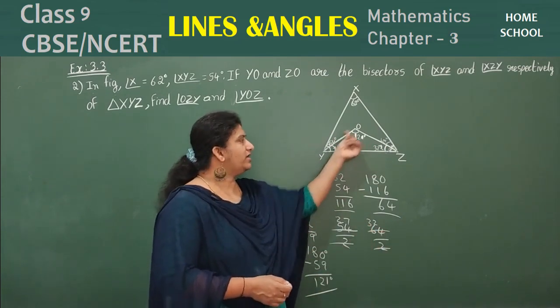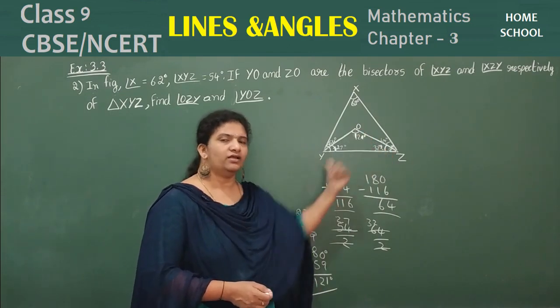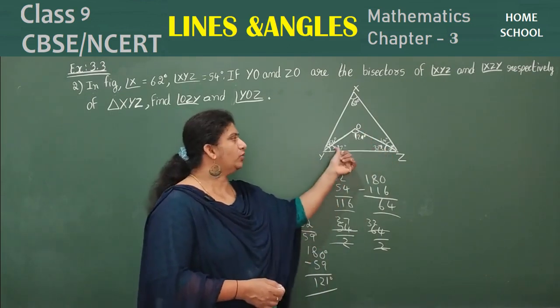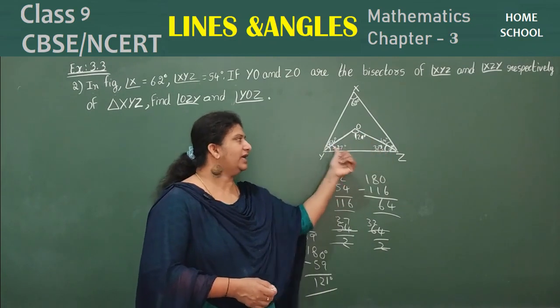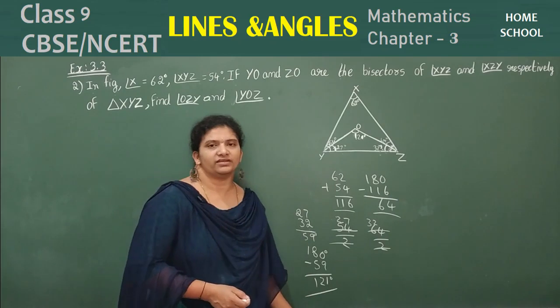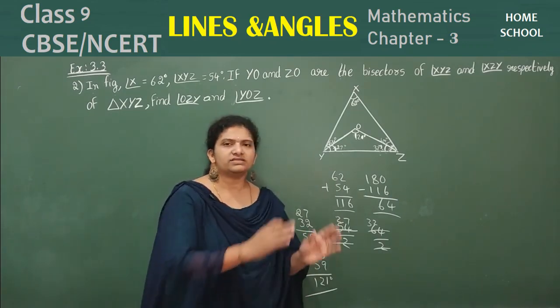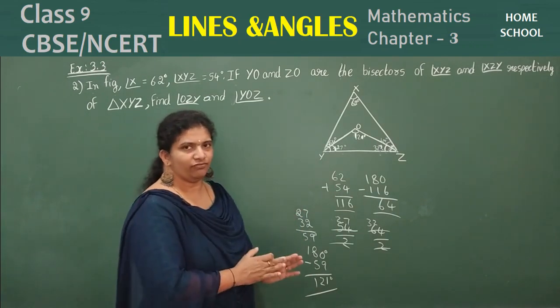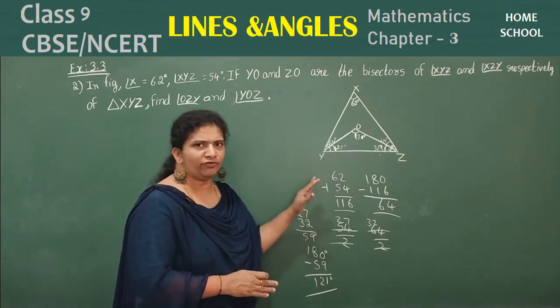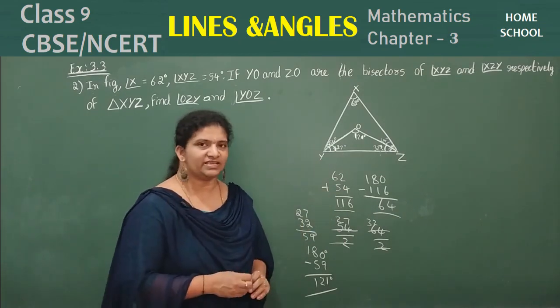So you know in a small triangle, two angles you know. What is your third angle? In 180, you add these two, then subtract this sum from 180. That is 180 minus 59 is equal to 121 degrees. So this is the way, understand children carefully. First if you are able to find out all angles roughly like this, then the problem is very easy for you.